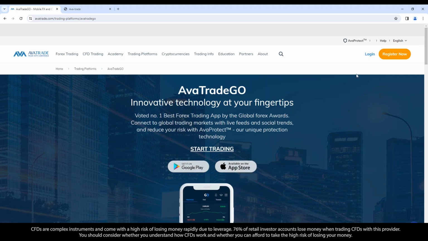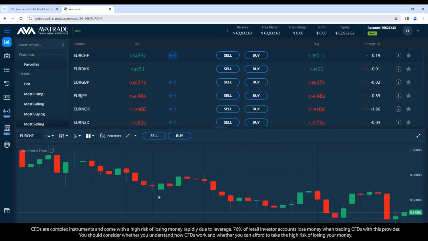Okay, so we'll log in here from the upper right and begin on the web trader. Given that it's a fundamental analysis webinar, I think we'll jump right into the economic calendar. There's quite a bit to look at on it, and I think this will be our focus, like I said, today for fundamental news.